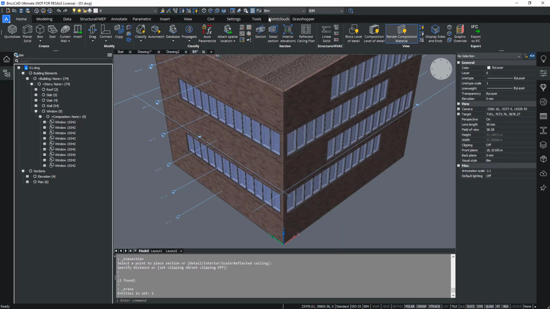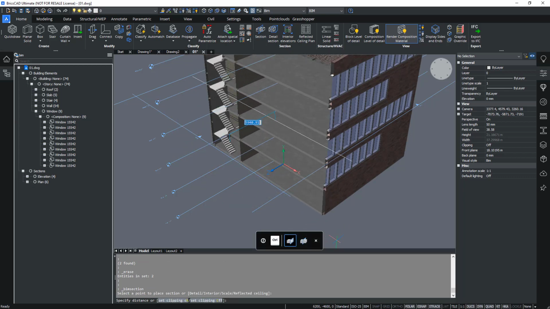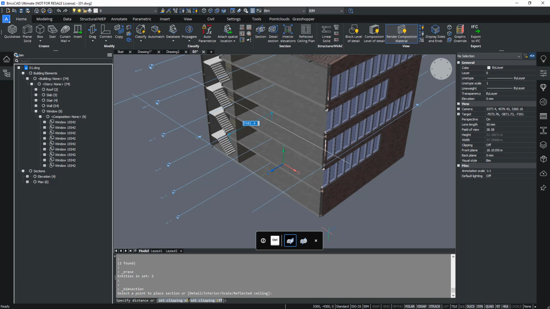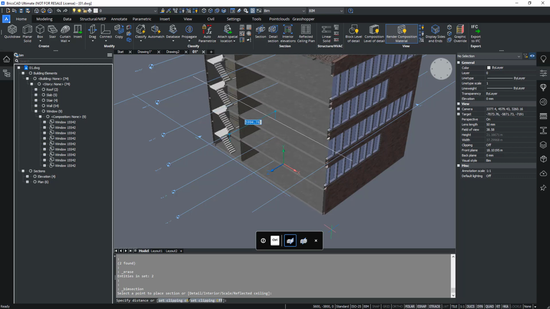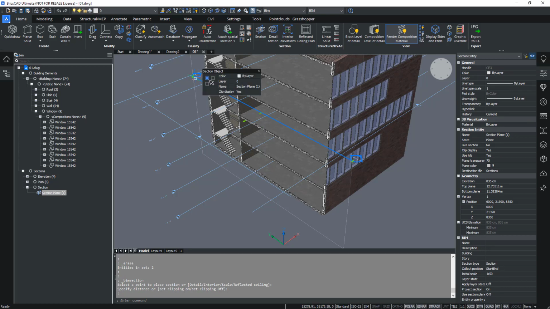So as soon as you click on the face you want the section to be parallel with, you are prompted to specify a distance. You can either click, but then it's best to click outside of your model so that you don't accidentally snap to a certain location. Or you could type in a value from the face, such as 6 meters in this case, and then press enter to accept that value. And then the BIM section is made. That's actually this line here, and it's called a section object.